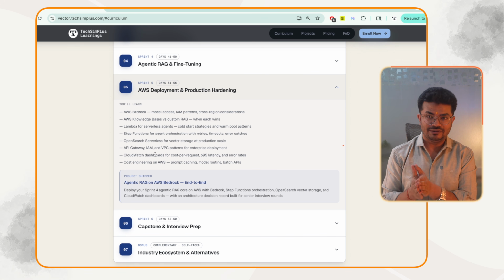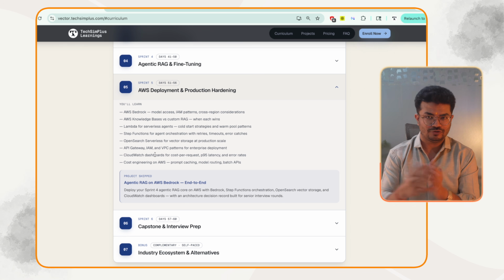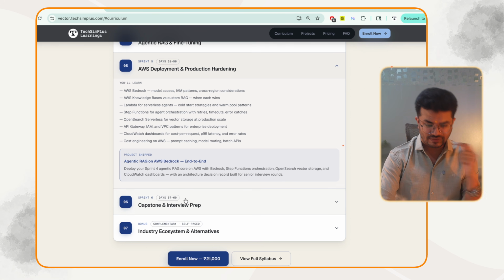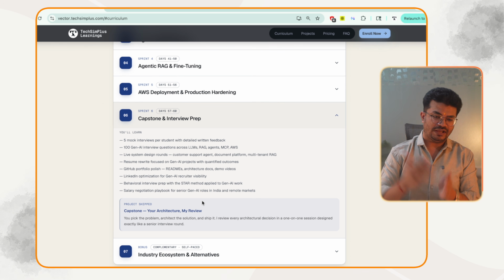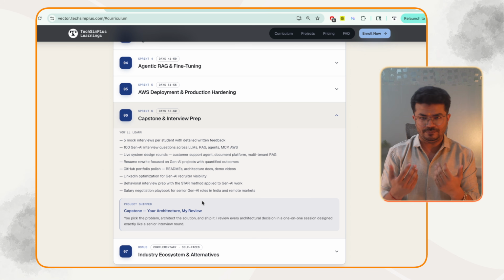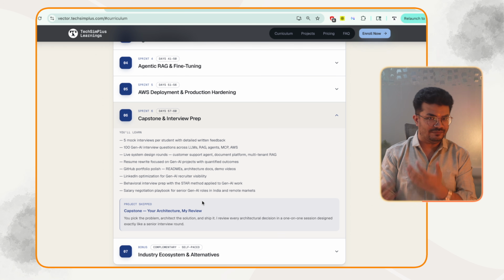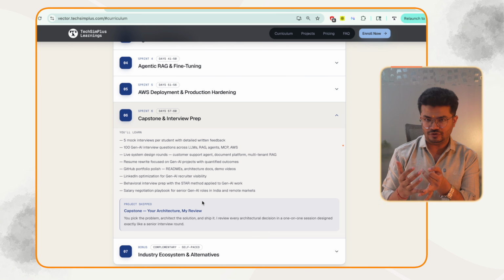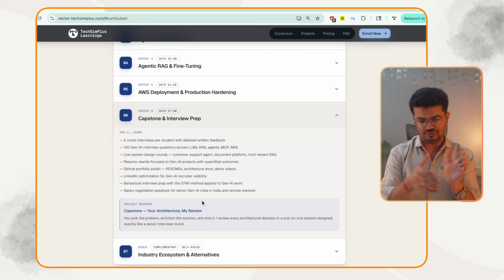And this is where you will see how you can move your GenAI applications from your local systems to your cloud systems, right, or cloud platforms. Sprint 6 is what we call interview preparation. This is the section where we have 5 mock interviews, one-to-one with you and with me, and even with other GenAI developers. And we will also discuss the 100 most common and important GenAI questions, which are mostly asked at all levels of interviews. And we will have a lot of activities like resume building, GitHub portfolio building, LinkedIn profile optimization, Naukri profile optimization, and a lot of things are going to happen in this section.